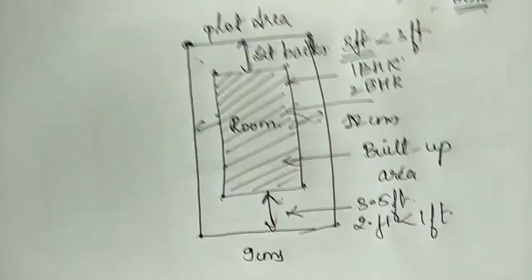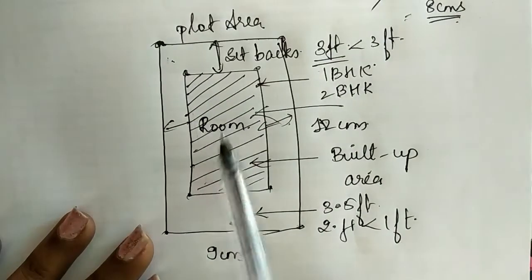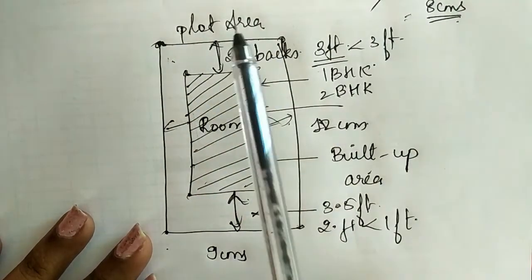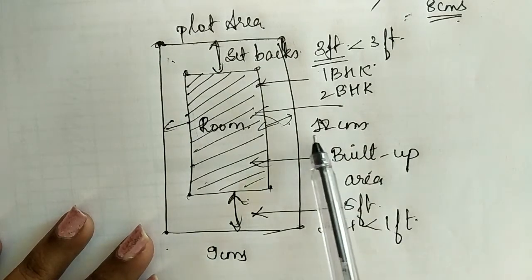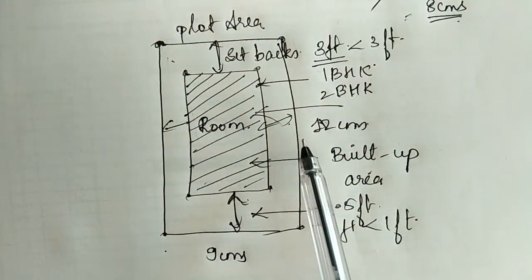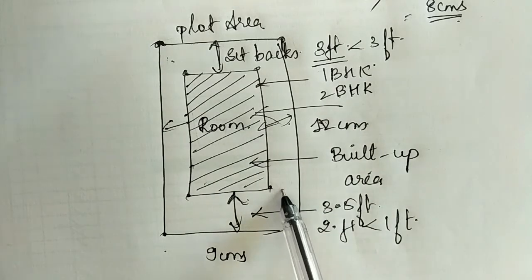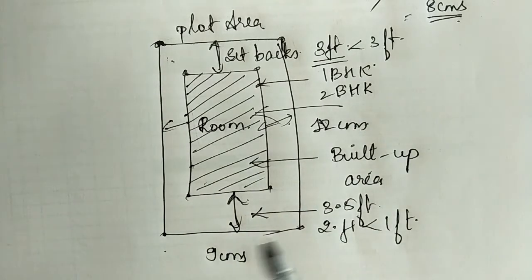So in this site plan you are only going to show what the plot size is, what the built up area is, as well as what the setbacks are, that is at the front, at the rear, and at the sides. What setbacks you are going to provide, only these things you will show in your site plan. So in the next class I will tell you what key plans are.